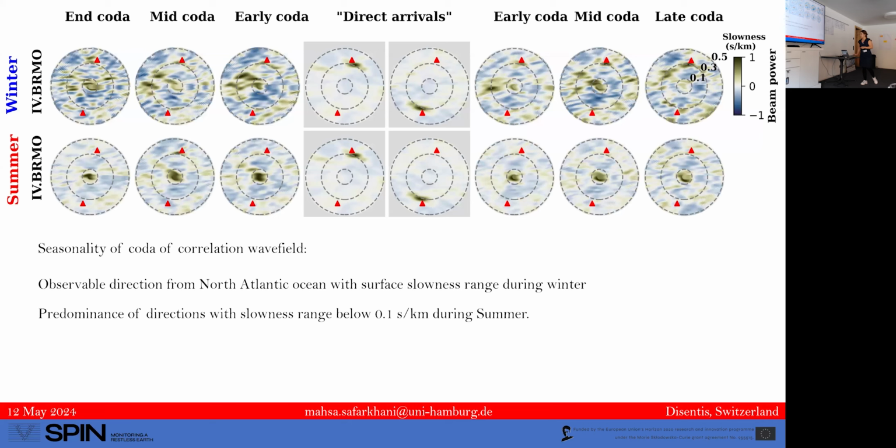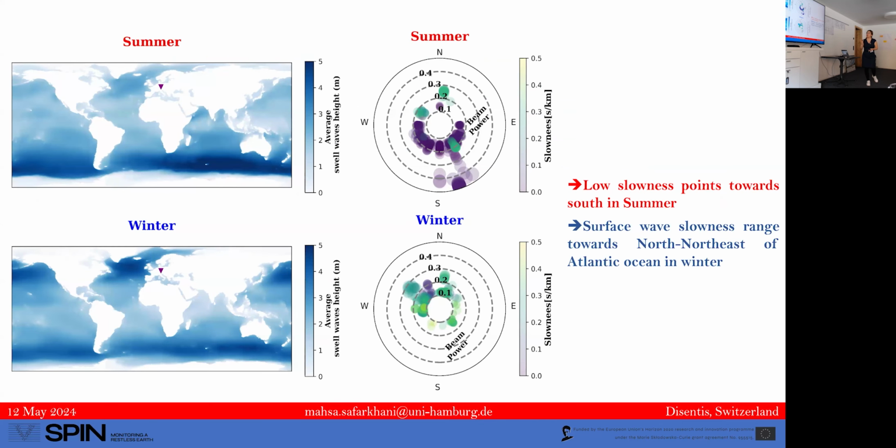When we focus on the summertime, I retrieved the 6 months reference correlation during the summer. We see again that the direct arrival gives stable results, but for the coda the story is different. Most of the later part is dominated by high apparent velocity and the slowness range of 0.1 during the summertime. In this slide, I can show you the directions of the wave field. We can see the slowness distributions in the polar plot, so I show you the direction with this plot.